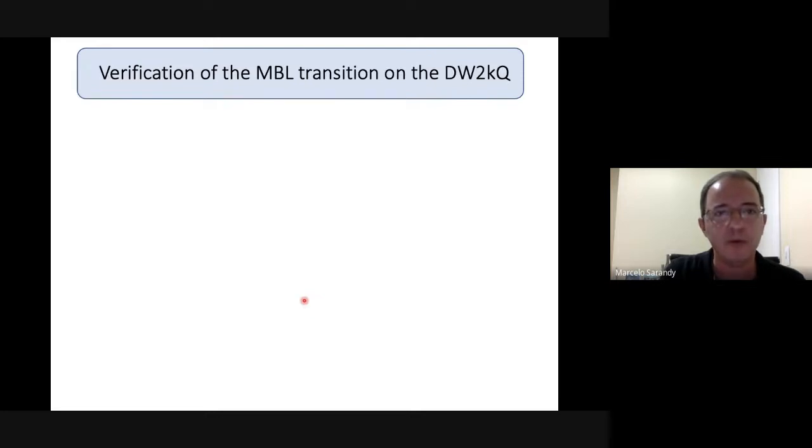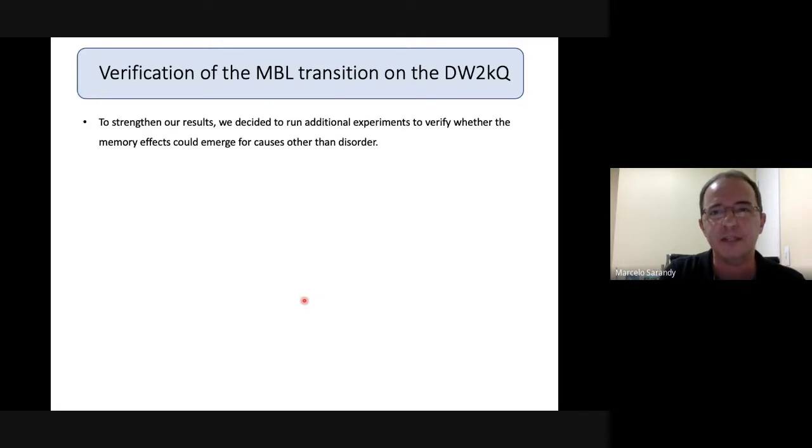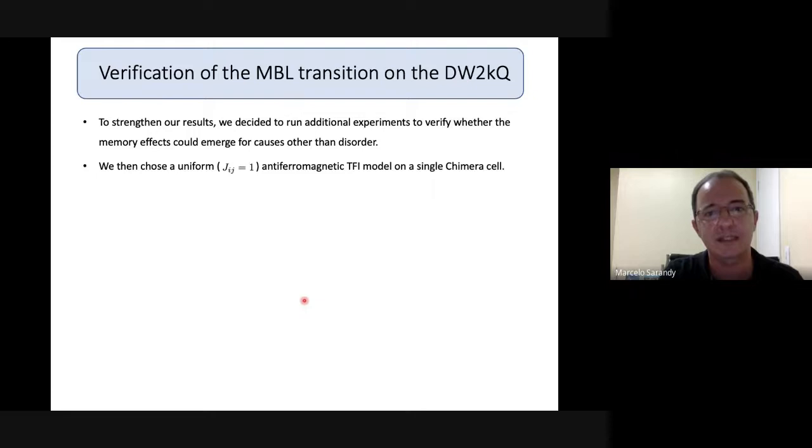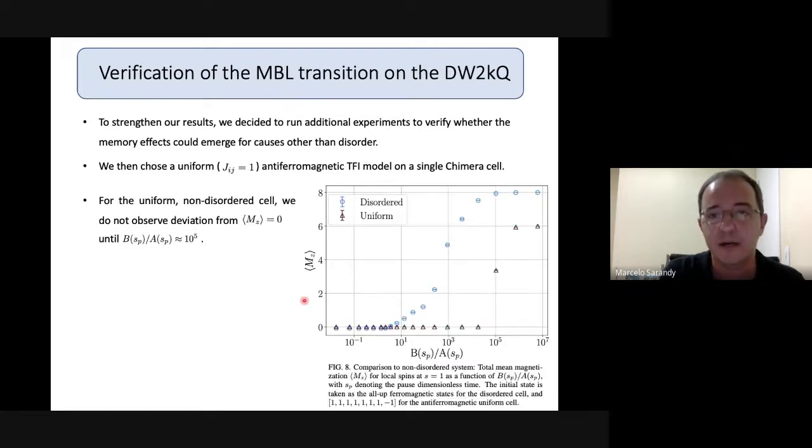So we also verified whether the MBL transition, or some falsification of it, could emerge from other causes that are not disorder. So we considered the uniform case. Let's take the transverse field Ising model in the uniform case. Of course, it's not expected to have an MBL phase transition because we don't have disorder. But